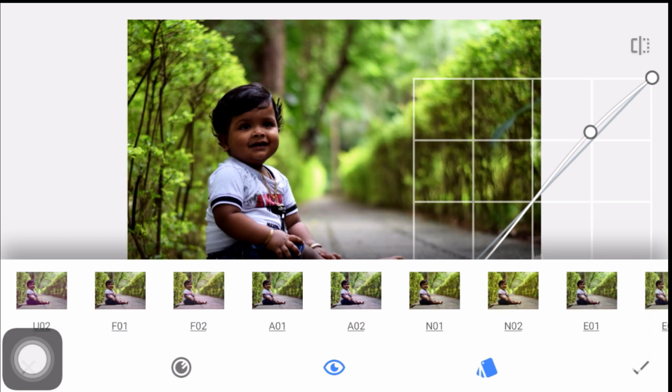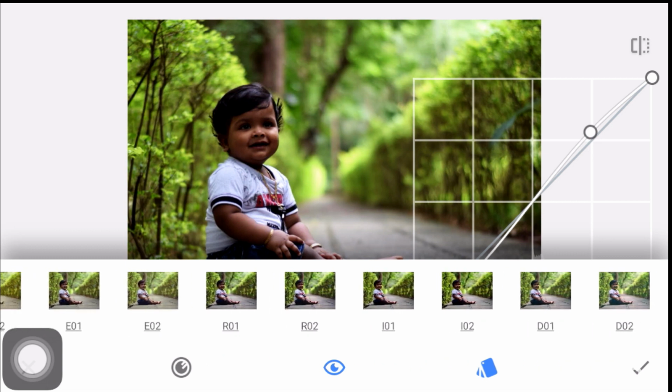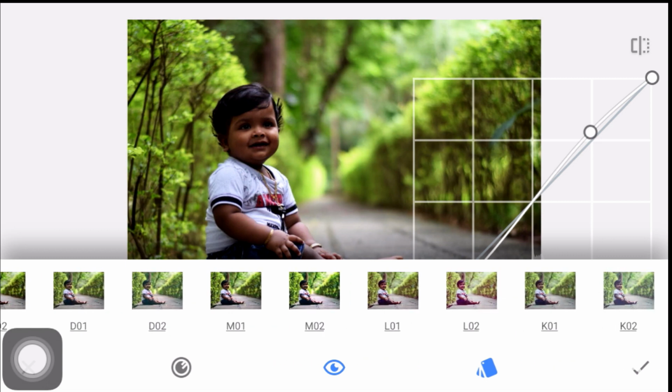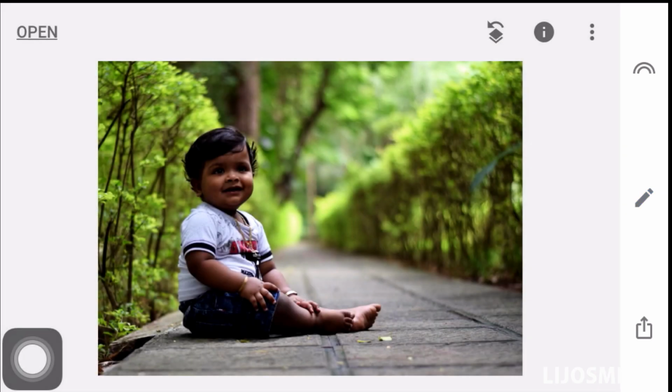There are a lot of curves available, so we can select the curves according to our image. Then the white balance feature is available. Then crop, so we can crop our image. Then rotate. These are available in all apps.